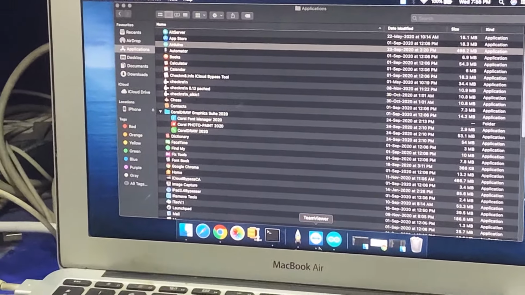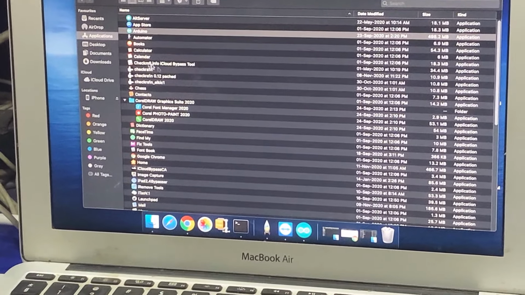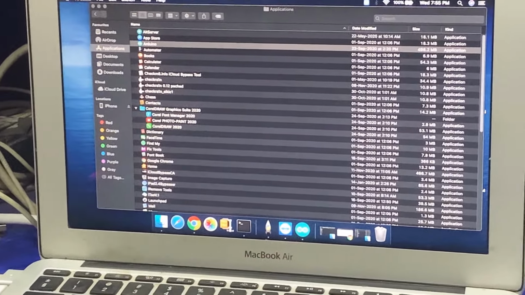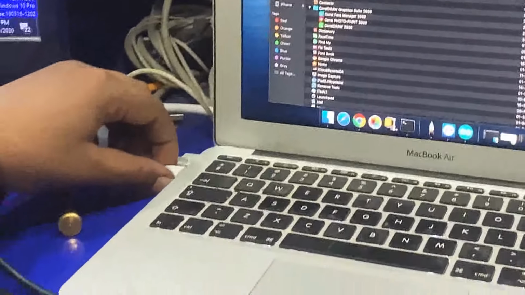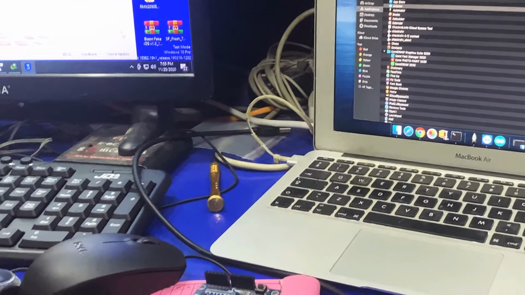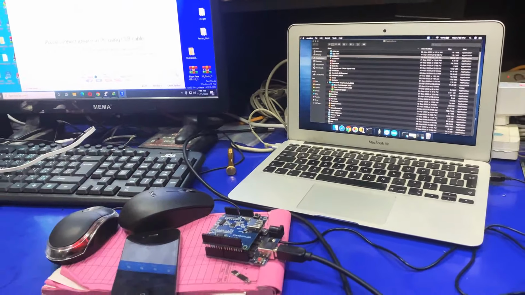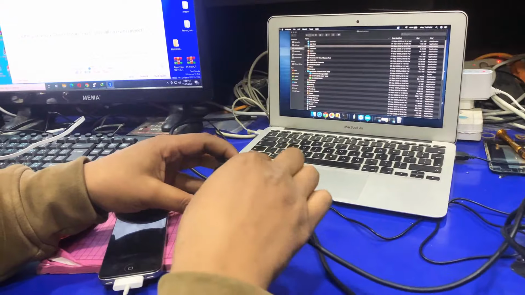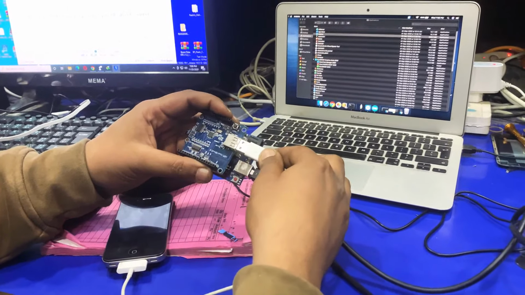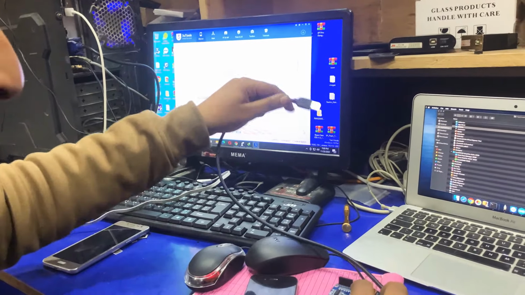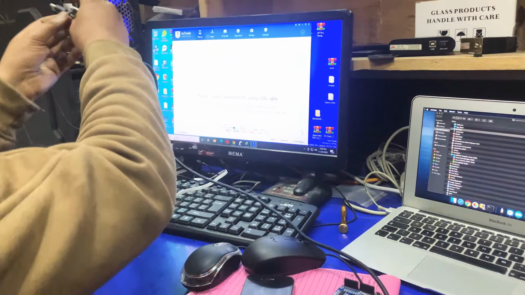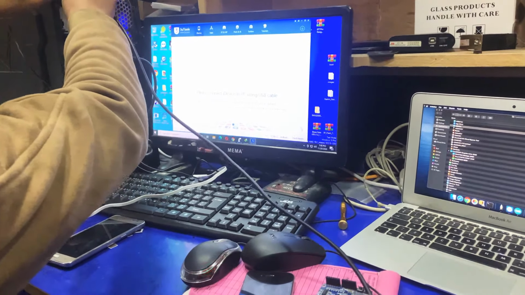You have to P and W it using the Arduino. So you have to connect your iPhone to the Arduino box in this way. Connect this here, and connect this to the computer, or you can connect to any power source.